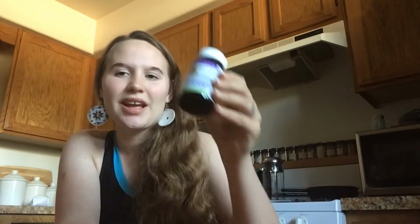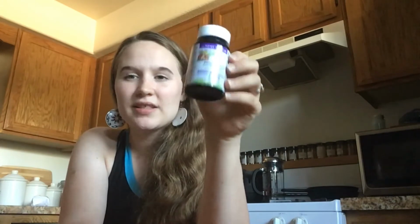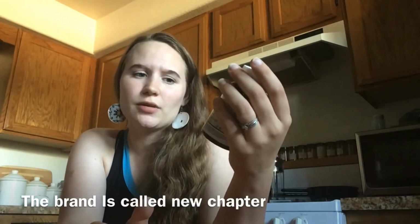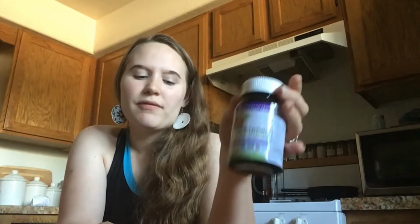Moving on, the next item on my list is a multivitamin. This is a prenatal vitamin. It's the same one I used in my pregnancy with my second child, and it's awesome. I would highly recommend it. It is a probiotic too, so it's a fermented one. And I don't know, guys, it has really helped me with keeping my milk supply up, and I've never really ever had a milk supply problem, not even with my first child, but